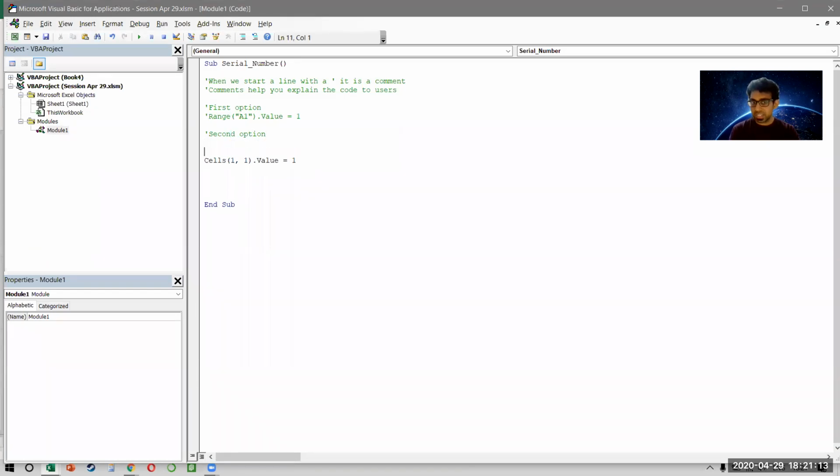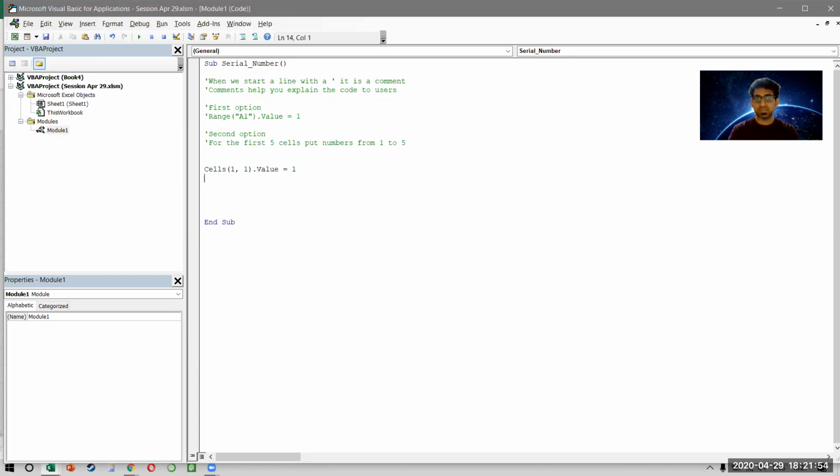So let's do it this way. I will say, for the first 5 cells, okay? For the first 5 cells, I need to have numbers from 1 to 5, right? So if I write it like a sentence, I will say, for the first 5 cells, put numbers from 1 to 5. Now, one option is I could have done this manually. I could have written cells 1, 1 is 1, and then write cells 2, 1, but I hope you agree that this is stupid. I mean, if I had to do this, I could have done this on Excel as well. The reason I want to write a program is because I want to automate this task. I don't want to do this manually.